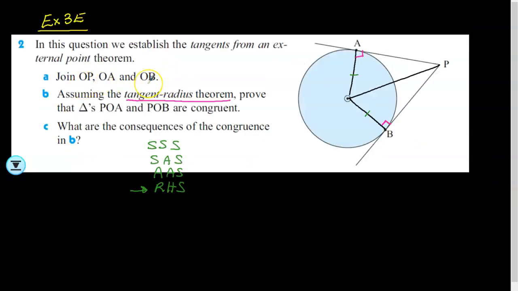So sorry, we just joined all the bits and pieces together, and then we notice that we've got radius here. These are the things to prove congruency. We have got a right angle, so our eyes go to this, but we have to make sure that the hypotenuse is the same on each. And as Felix said, the hypotenuse, OP, is common. So now let's write this down. So we say OP is common. We've got OA equals, I get tired of writing the lengths. You probably don't need to write the modulus lengths there if you don't want to. I probably will stop doing it soon. OA is equal to OB,